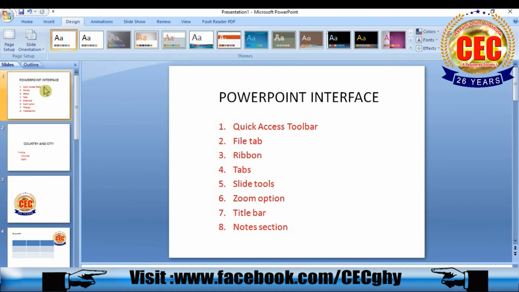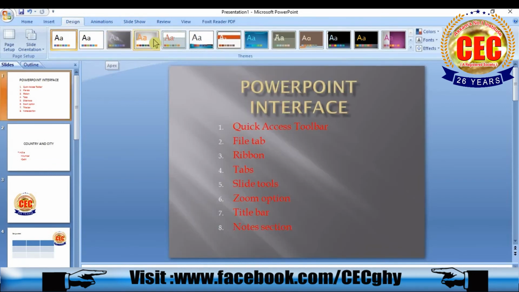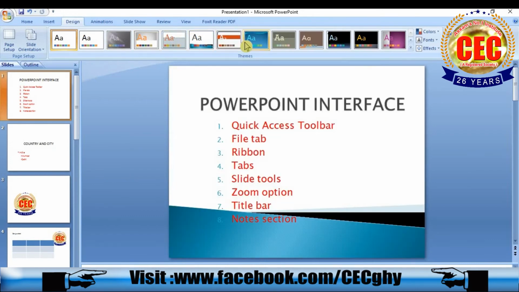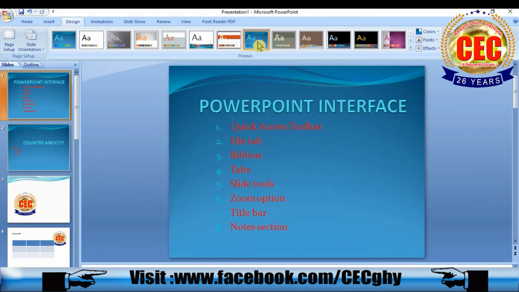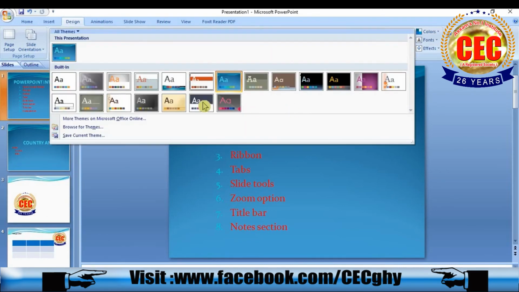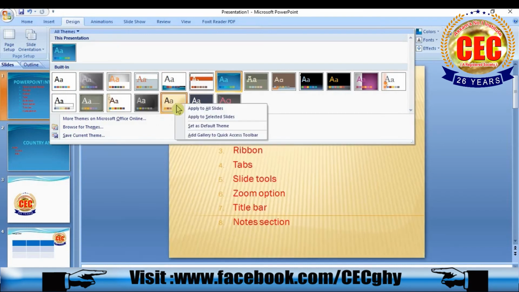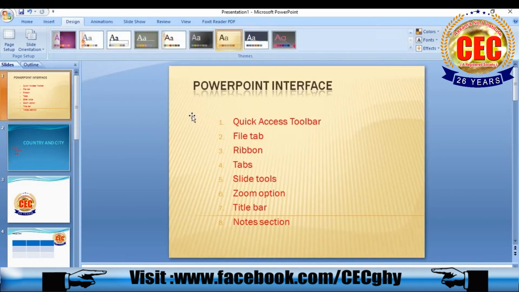Now if you want to insert a design, just go through any one and click here. If you need a different design in a different slide, then go to that slide, right click and apply to selected slides.